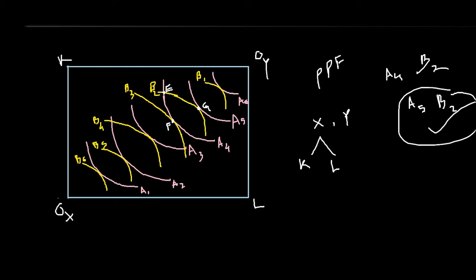So in this way we can show that at all the points where the isoquants of the two products are tangent to each other, that is, they touch but do not intersect, we have tangency points. When we join all these tangency points, we get a curve called the contract curve. We learned this in our previous video on the Edgeworth box diagram, which you can see on our channel. So let's join all these points.